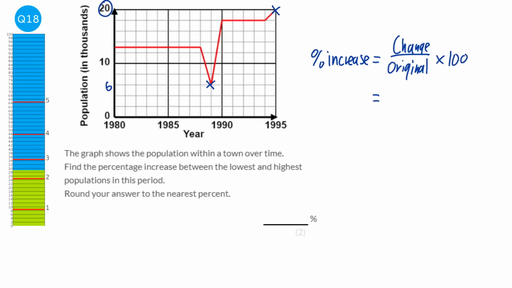So the change between the 6 and the 20 is 14. The original, the starting point, was the 6, and times by 100. And that gives us 233.333 blah blah blah percent. And this 100 technically is 100% that we're timesing it by. So it says it wants it to the nearest percent, so that would be